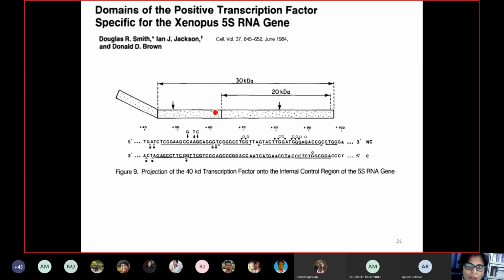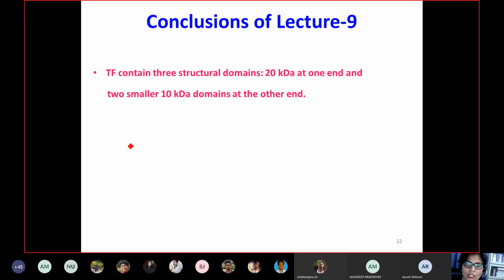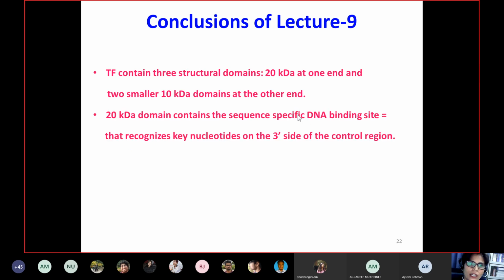So, for example, from this cyanogen bromide cleavage, here you have around 9 to 10 kilodalton, and in between you have 20 kilodalton, the size from one cyanogen bromide cleavage to another, and again you have around 10 kilodalton fragments. So basically you have 3 fragments coming out from this whole cleavage assay. So this is what is represented here, 2 smaller fragments at the other end.